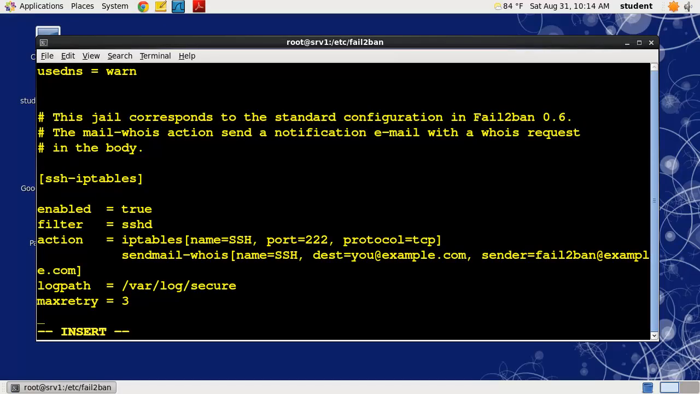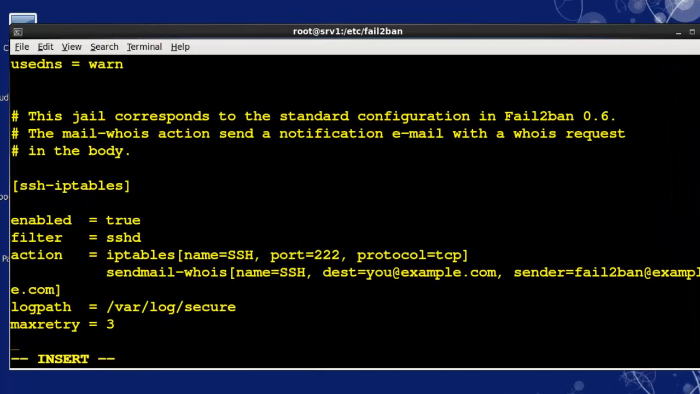Before we actually test Fail2ban, I want to add one more feature to the configuration file, and that is I want Fail2ban to log all activity to a file for Fail2ban. So we'll just add that by going down to the section where we modified for SSH IP tables. And what we'll do is we'll put in log target